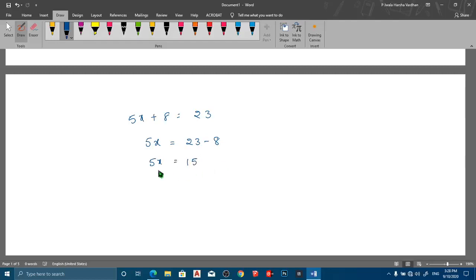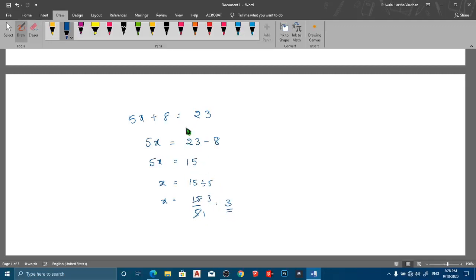Next, we want only the x value. This is multiplying with 5 here. So this multiplied 5 value, if it goes to the right side, it will become division 5. Now we can write, keep the x value only which we require on the left side, and send this into 5 to that side. It will become divided by 5. Now we can write 15 divided by 5 as 15 by 5. No need to write this step, just to understand I'm writing. So 5 ones is 5, which is the solution of the given equation.